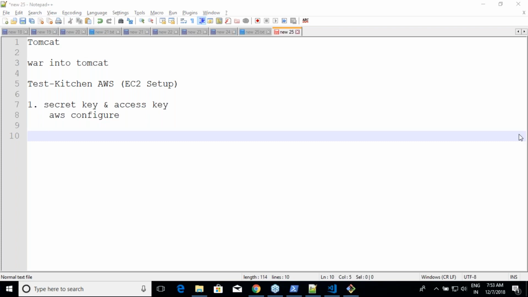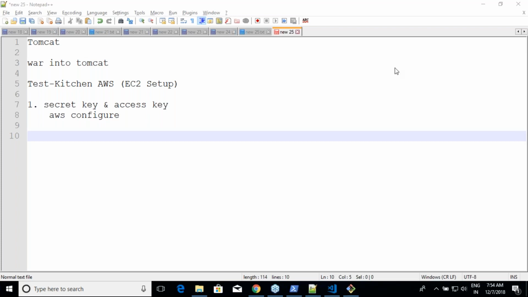Okay. I have deleted the key value pairs in AWS and tried importing. It doesn't work. It's popping an error, looks like I messed up. What do I need to do? Delete your AWS machines now. It doesn't make sense. You cannot recover your keys. Try creating new key pairs and then start using them. Deleting key value pairs and recovering them is an impossible task. It doesn't happen. If it happens, that is a security breach in Amazon. So it will never happen. Yeah, that's how you have to. Okay.